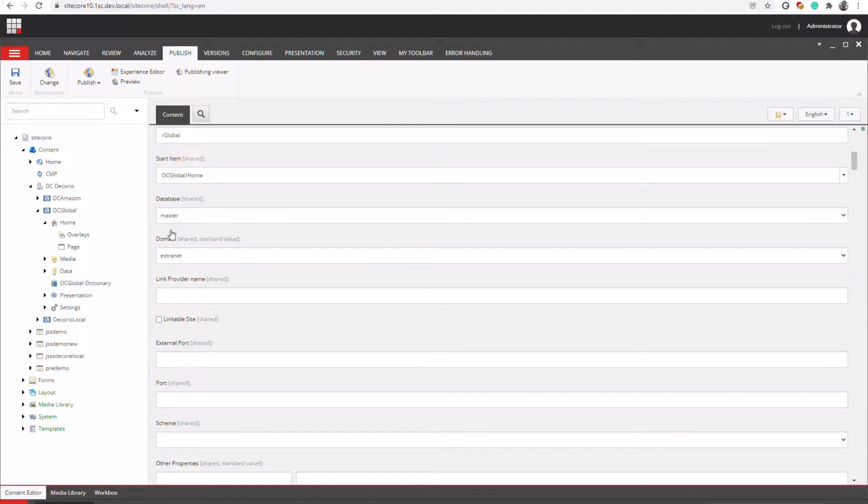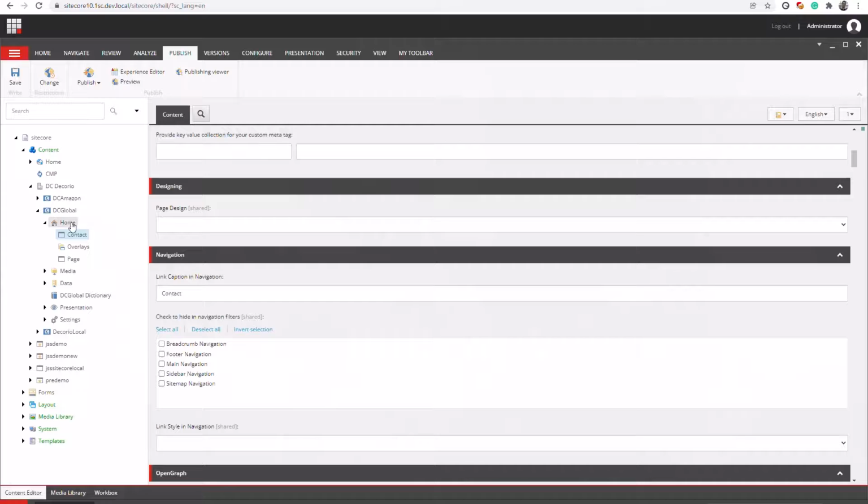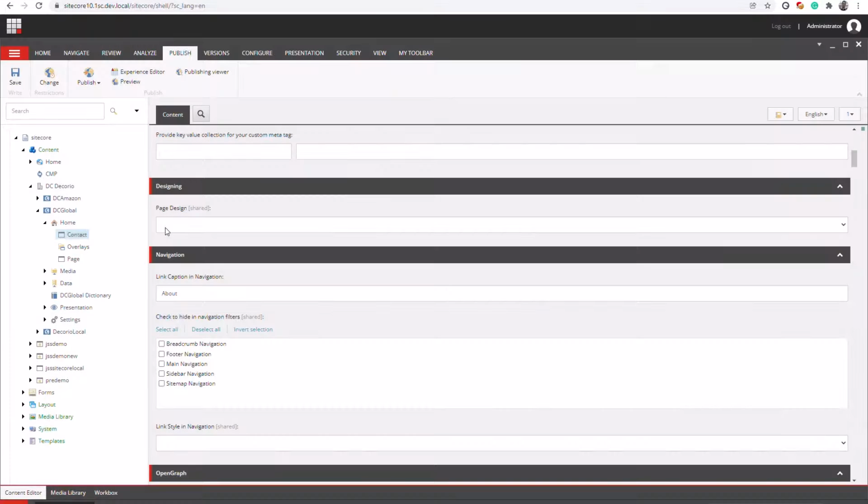Let me add one more page, that is a contact page, and another page let me add is an about page. Okay, so at the end we'll see the result of how the tracking works, what kind of pages are being tracked in the site instance, and what pages are not going to be tracked.